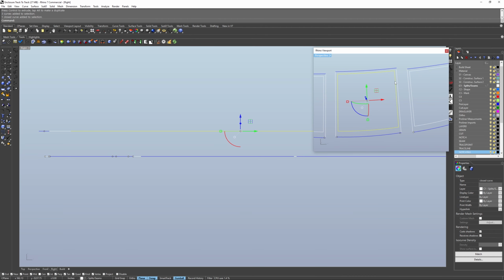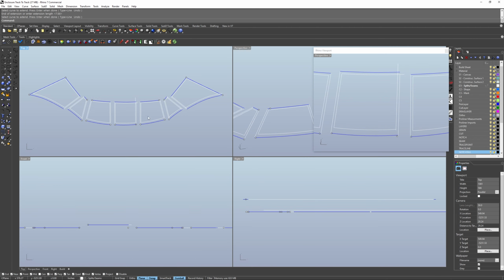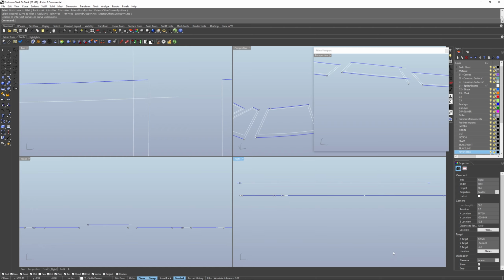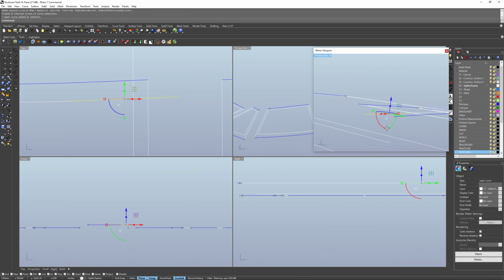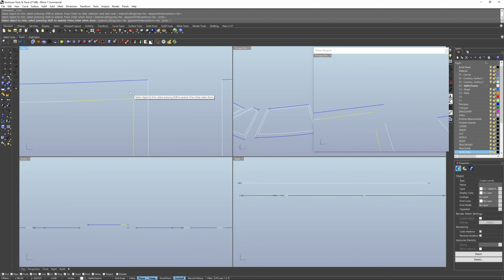So if I explode this and move that back down and extend both of those edges, going back to a top view, if I fillet these, it shouldn't let me fillet because they are not in the same plane. One is actually above the other. It will not fillet correctly. You might be able to trim them. You can trim them in that case, but they won't join up